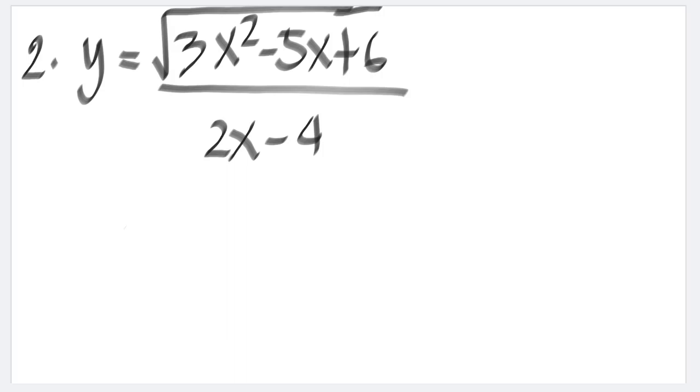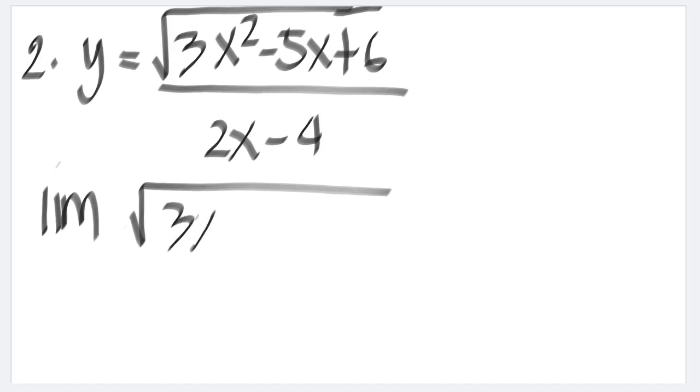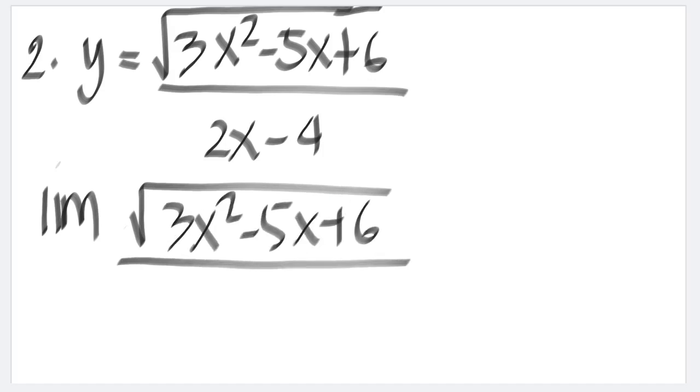Whatever result it may yield, if it is a real number, then that is the horizontal asymptote. So here, the limit of square root of 3x squared minus 5x plus 6 all over 2x minus 4 as x approaches infinity,